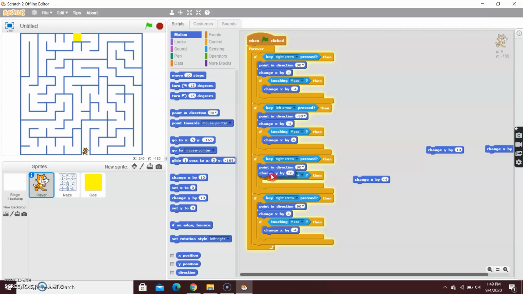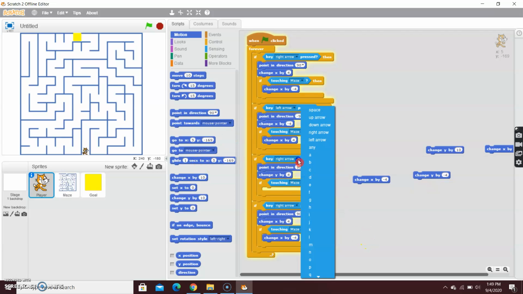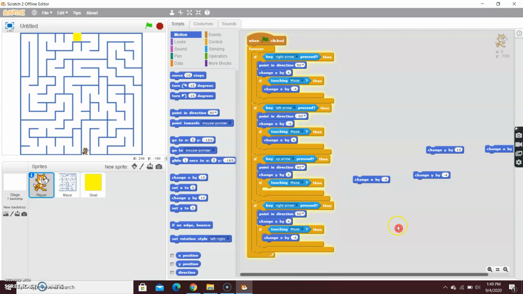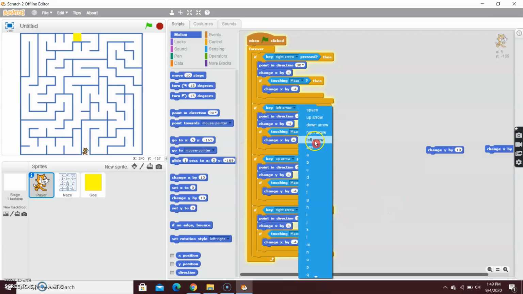But we want change y, so let me duplicate this like that and make this minus 4, and here we will make this 4, and here touch key up arrow is pressed. Now here we don't require change x by minus 4, we will drag this over here, change y by minus 4, and so it's perfect. So okay, here we want to change it, 0 up, and here also we will make this down